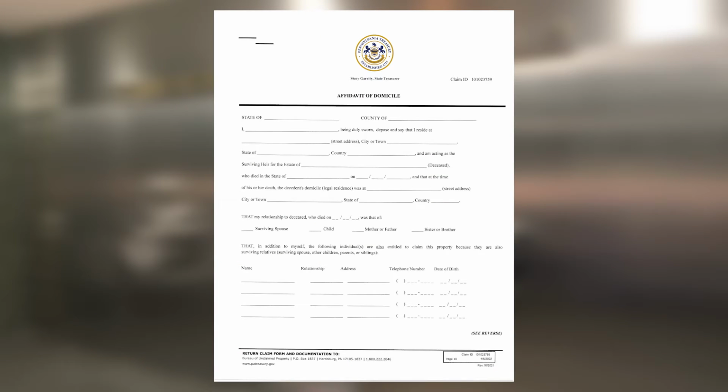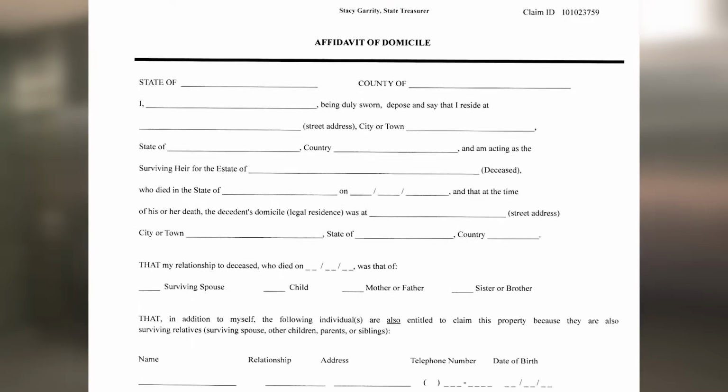In this video, I'll describe the process of completing an affidavit of domicile. This form applies only to decedent owners who died outside of Pennsylvania. Completing this form is very similar to completing Pennsylvania's Entitlement to Decedent Owner Affidavit, which is commonly referred to as a relationship affidavit. Similar to the relationship affidavit, this document may only be used by close family members to claim